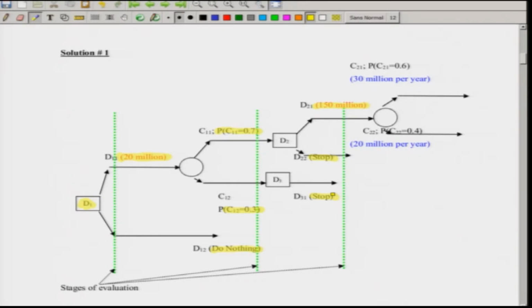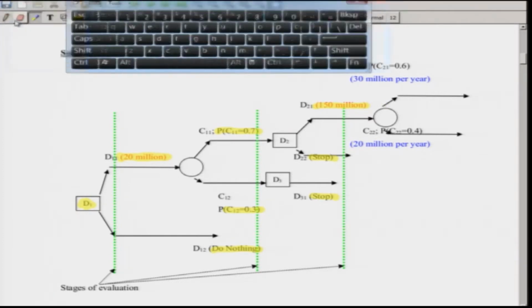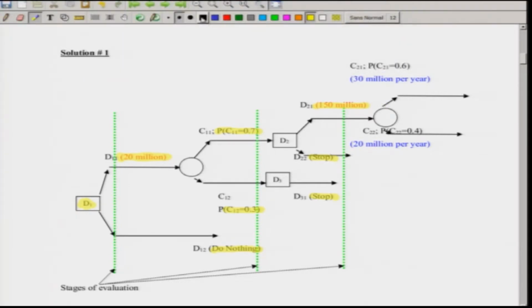Now, if we have invested 150 million, it may be possible, and as I had mentioned that there is 60%. So, obviously, when we come to that point of C2, so this circle is C2, let me write it down. So, it will be easier for us to. So, this will be C1, this will be C2.